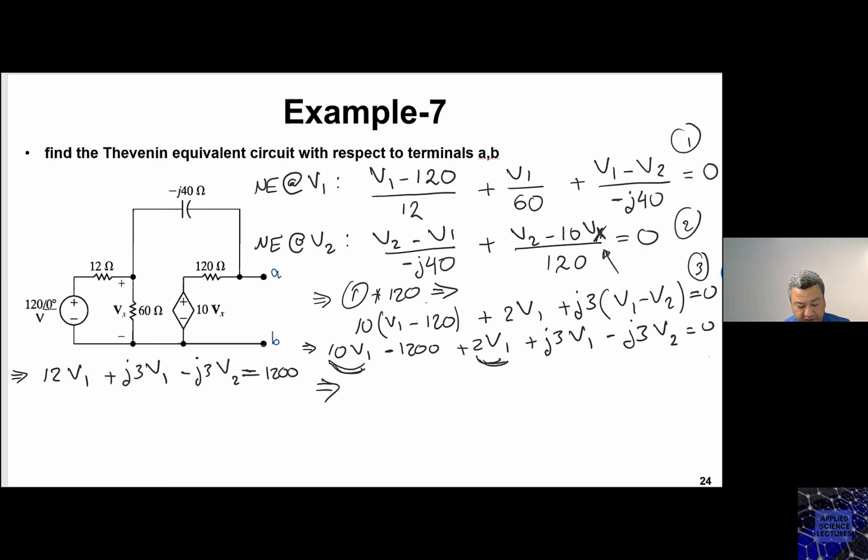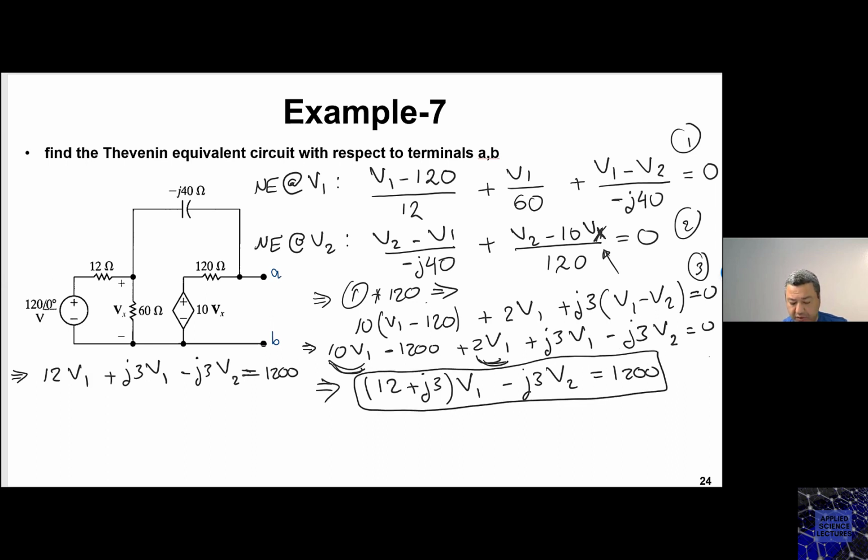Or take V1 outside, then I have (12 plus J3) V1 minus J3 V2 equals 1200. So this is my first equation. We call this one 4. Now my second, from 2,